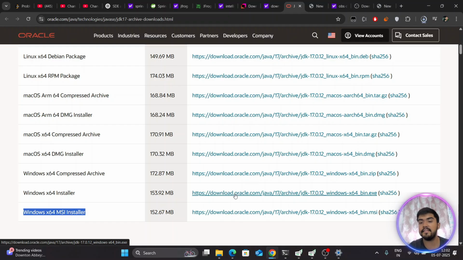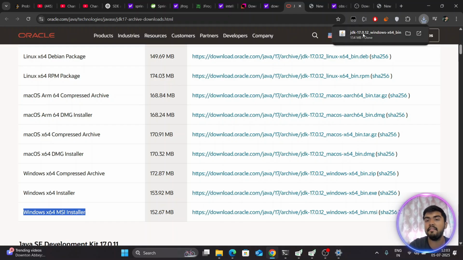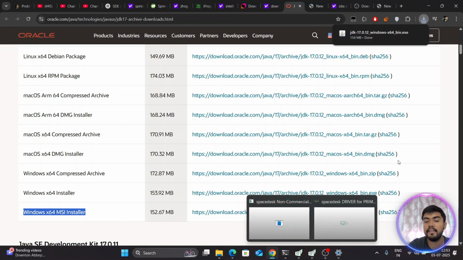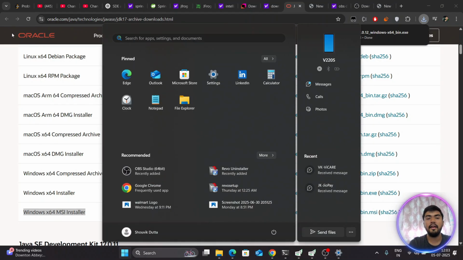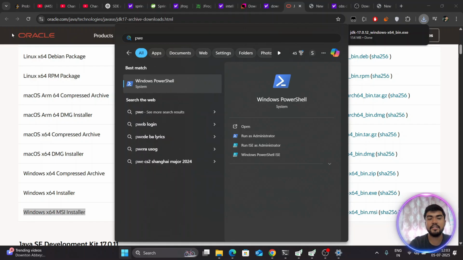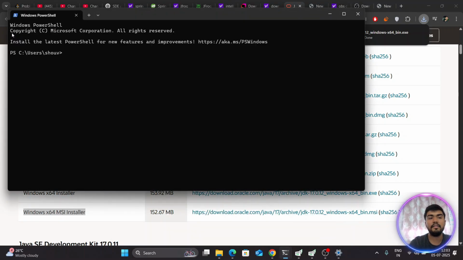So the installation has started, and it is going to be completed shortly. We have this Java 17 Windows x64. Before that, just validate that Java is not on our system. How can you validate? Click on your Windows, and search for PowerShell. Click on Windows PowerShell and search for